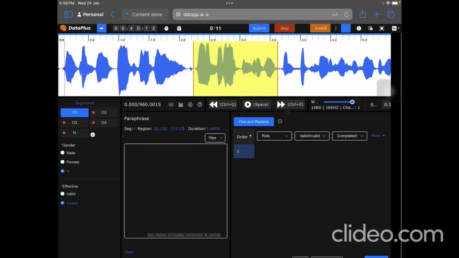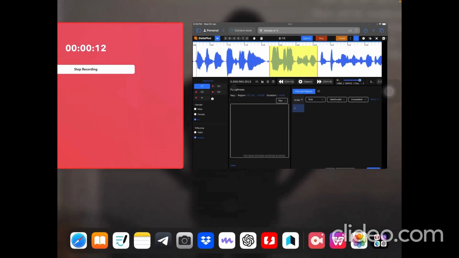Okay, you can drag this, and automatically it will drag. So this is all about the interface. Coming to instructions,